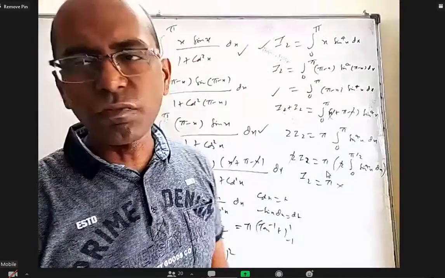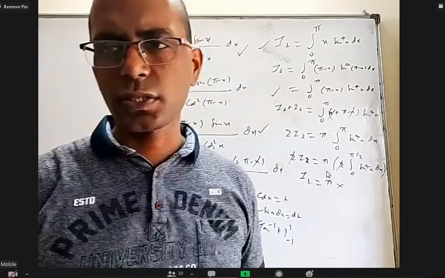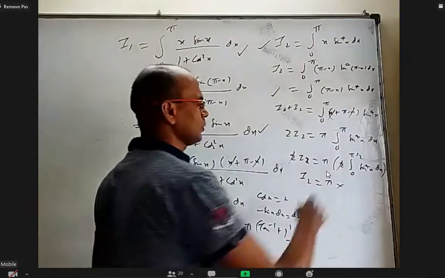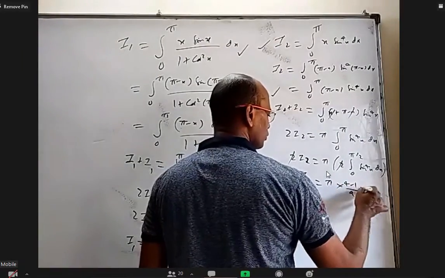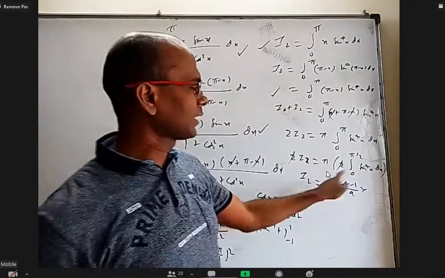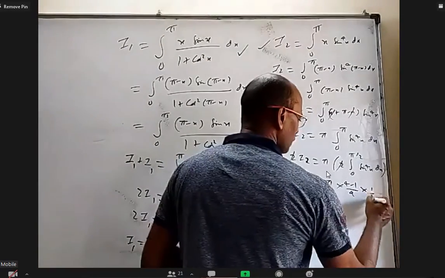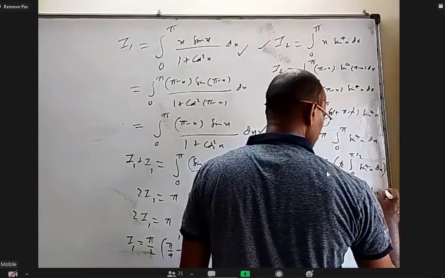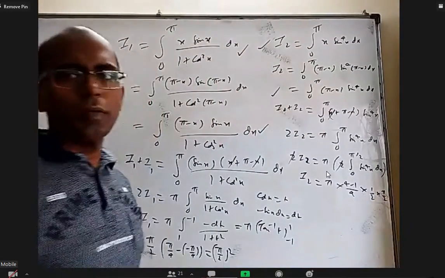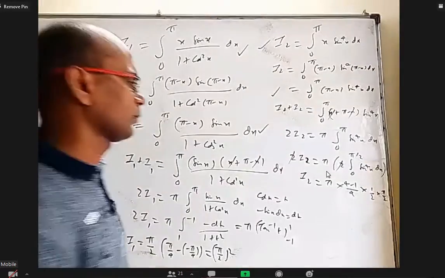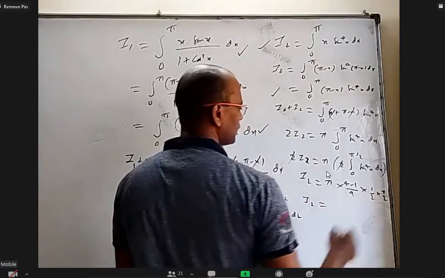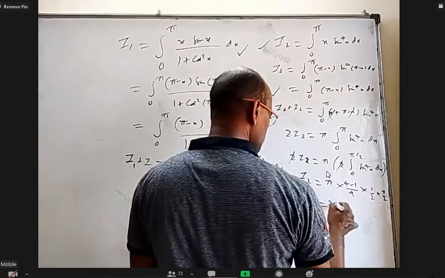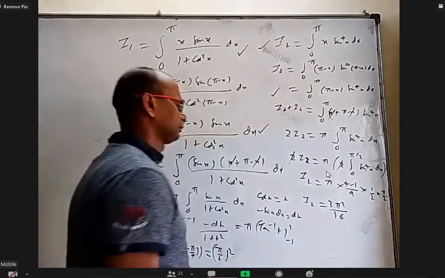We have a reduction formula for integral 0 to pi by 2 sine power nx dx. Very important question even in IP. You will write n minus 1 by n, that is 4 minus 1 by 4, that is 3 by 4. Then decrease 2 here, decrease 2 here, you will get 1 by 2. Whenever 1 by 2 comes, you will also at the end get pi by 2. Whenever it is 2 by 3, you will write into 1 and stop there. So I2 alone will be 3 pi square by 16.